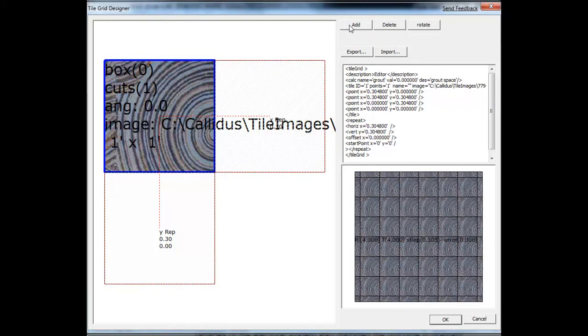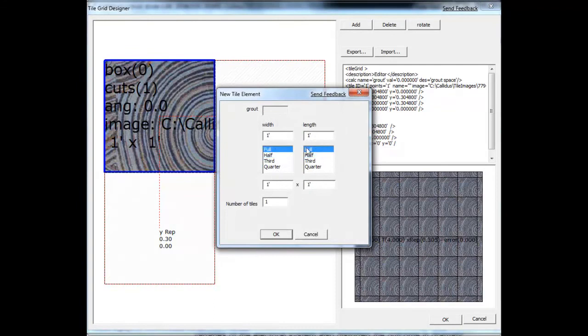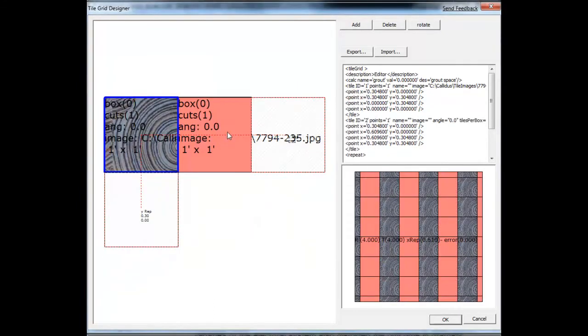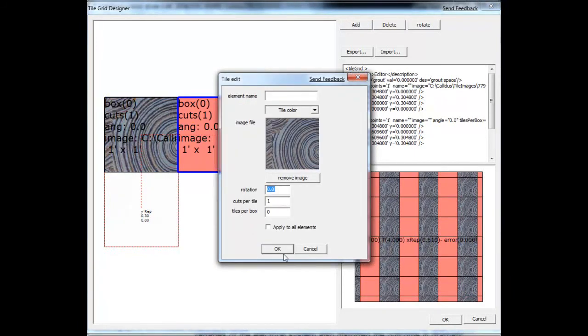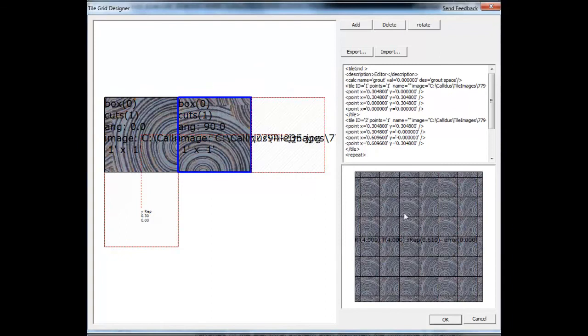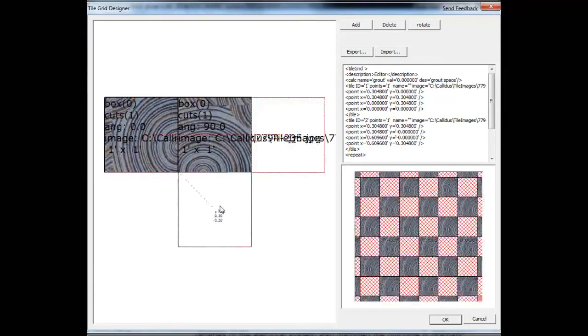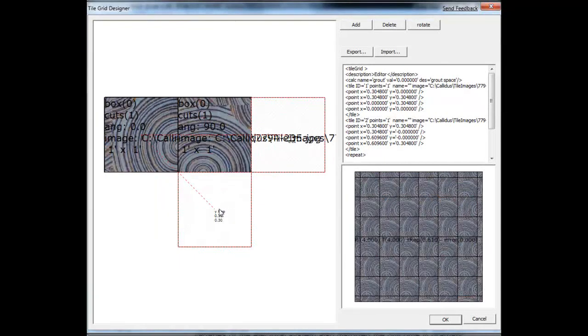Because it's just a single tile it just repeats and repeats. So what I might want to do is to put in the next tile as being quarter turned. So I add a tile which will be a full tile, double click, I add the same image, but now I put the rotation as 90 degrees, and now I get that single tile with the next one quarter turned. Gives me a nice abstract across the room. I can stagger that across, and that looks quite impressive. So I press OK,